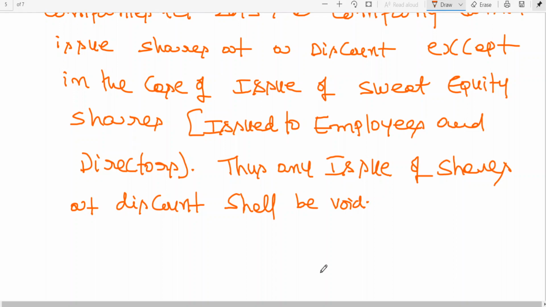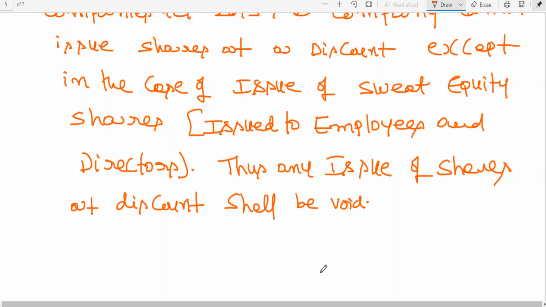When such companies go for issue of shares at premium, that is a capital profit. So we can say that premium can't be clubbed to which account? Share capital account. The reason is that it is a capital profit. Please remember, shares can be issued at par, at discount, or at premium. Share capital account is always to be credited with face value.